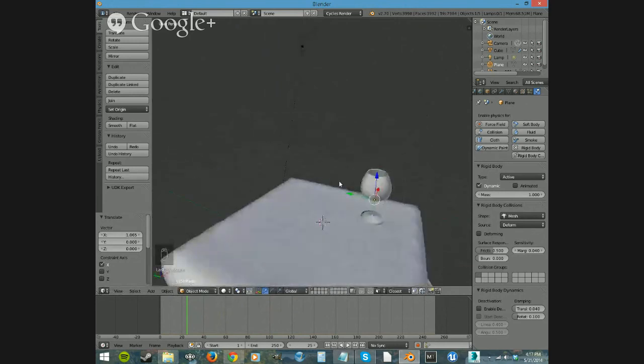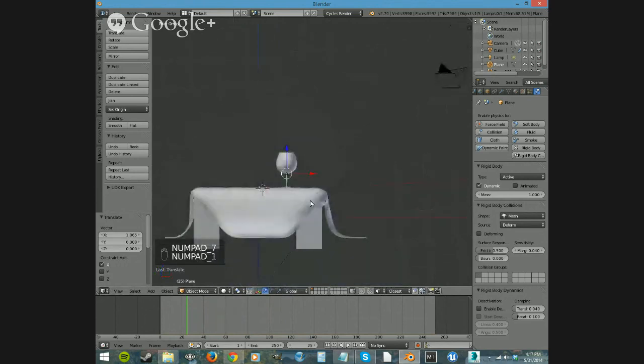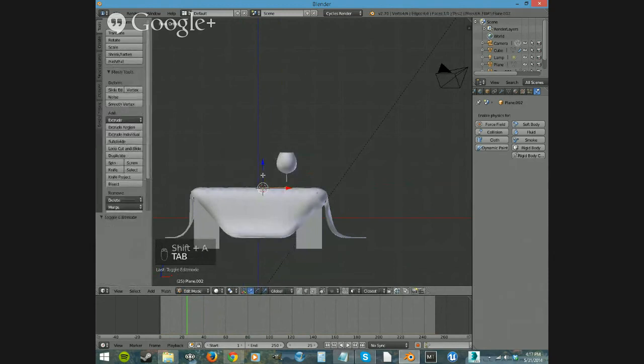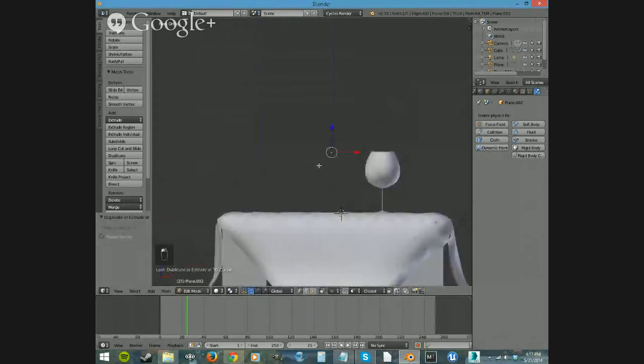So, remember these perfect views? 7 is the top, 1 is the front, 3 is the right. Let's go in here and add a mesh, just a plane, tab into edit mode, hit delete and delete all the vertices so that we can just hold control and click to add vertices. There. We have to be in vertex mode. 1, 2, let's turn off our transform tool right here. 3, 4, 5, 6,